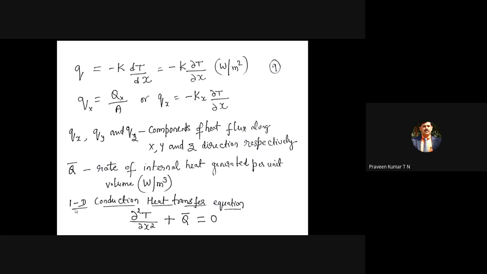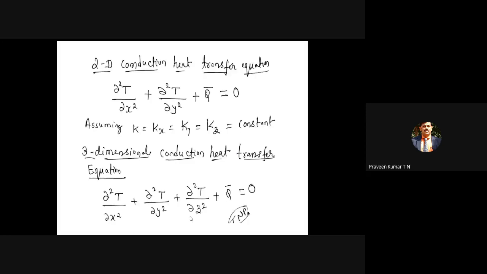Now, if you consider the one-dimensional heat transfer equation, ∂²T/∂x² + Q̄ = 0. That is the governing differential equation for 1D heat transfer, where Q̄ refers to heat generation. If you're going for two-dimensional heat transfer, that means there is a variation of the temperature along the x direction,